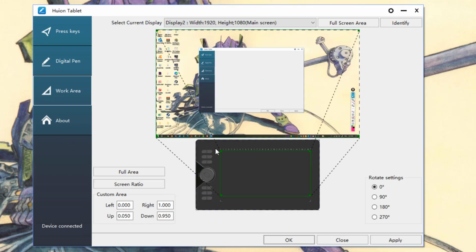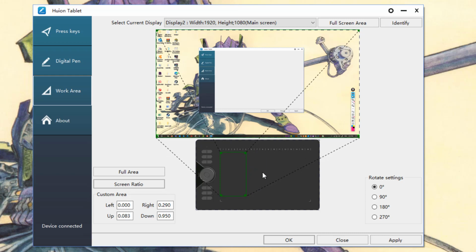So actually this is setting which area of the tablet will affect the screen. The default is like this. Almost all of the tablet area will affect the screen, but then we can modify it. Let's say right now we're not working with a computer or PC. We are working with an Android phone, let's say. So I think it will be better if we move the working area to something like this.